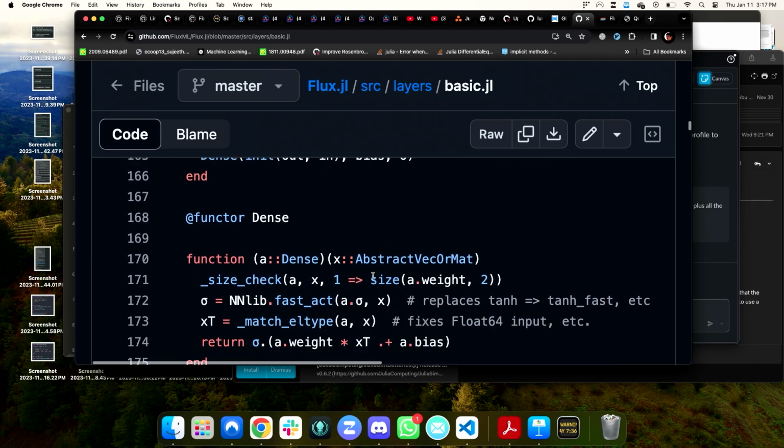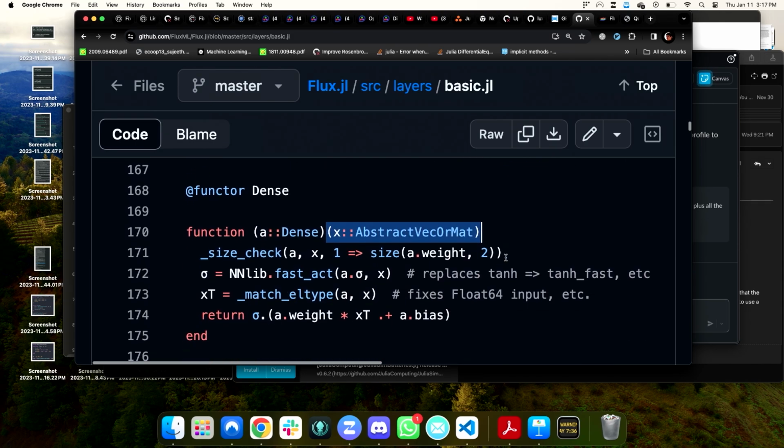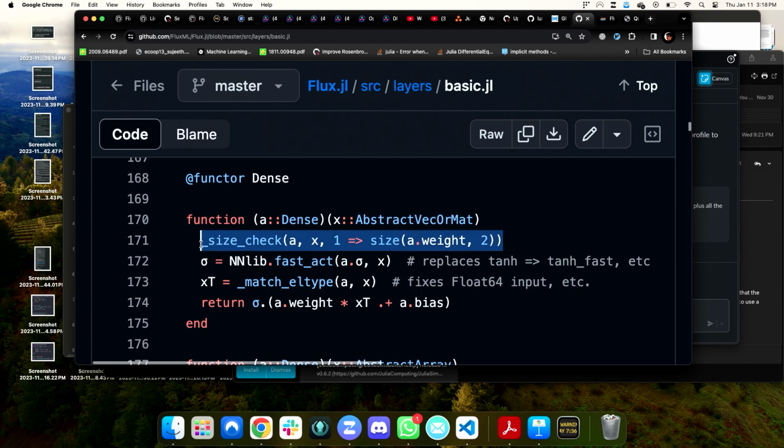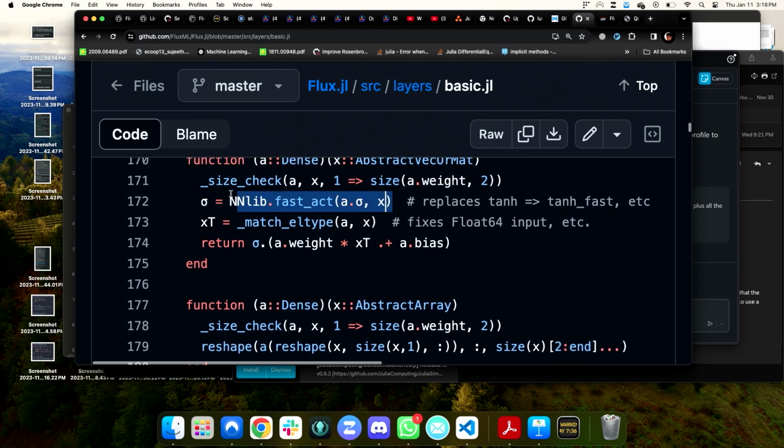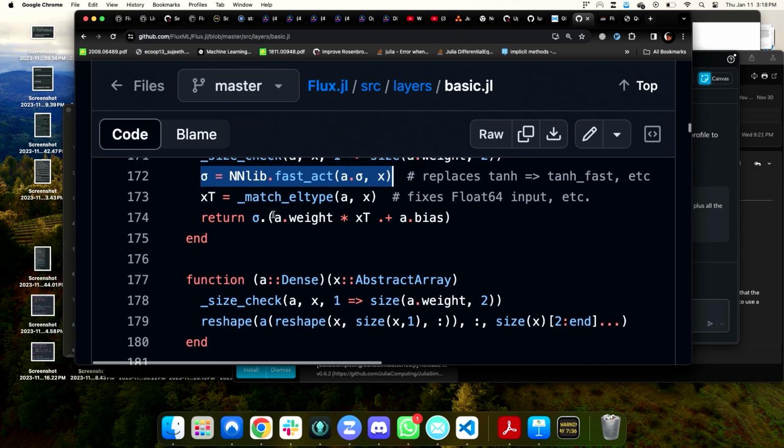And when you call dense on an input, what does it do? Well, first it checks that the sizes of everything are okay. Then it actually replaces things with the fast thing. So aha, right there, you can see it's actually doing fast math operations, if you know what those are. There are good things and bad things to that. That's standard in a machine learning library. But then you can see right here, it does the weight matrix multiplied by the input, and then dot plus